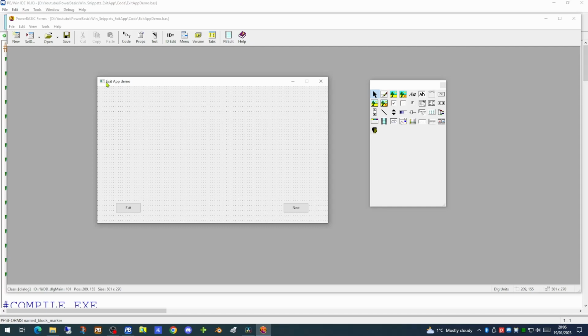In your application, if a user clicks on the exit button, they may do so inadvertently. So it's quite good in most applications to capture that event and ask a user if they really did mean to exit the application. So let's have a look at the code to see how we could do that.